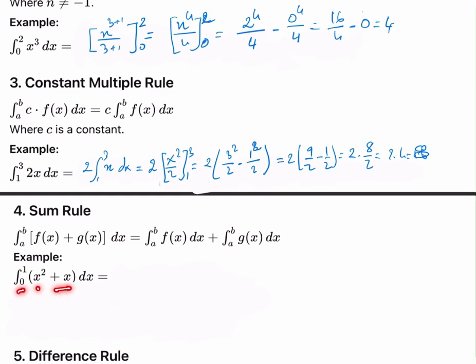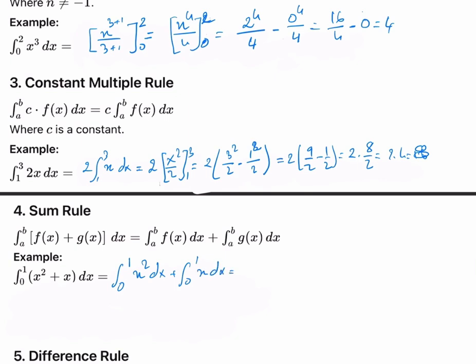Here we can see that we have two different functions, so we can separate them and write this as the integral from 0 to 1 of x squared dx plus the integral from 0 to 1 of x dx, which is equal to